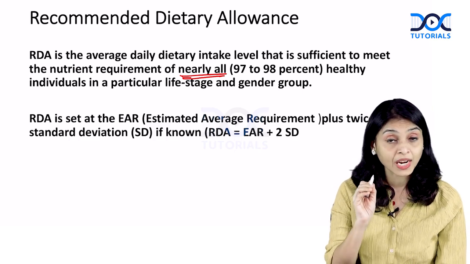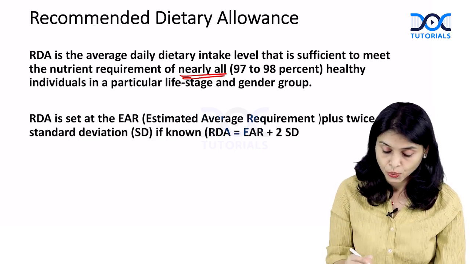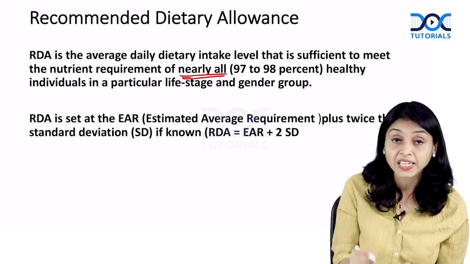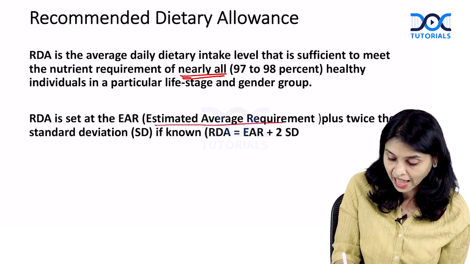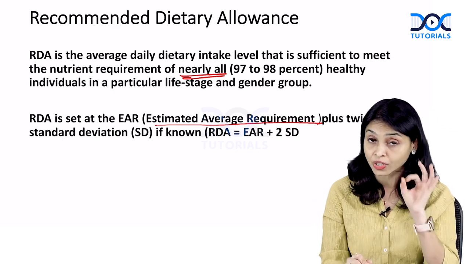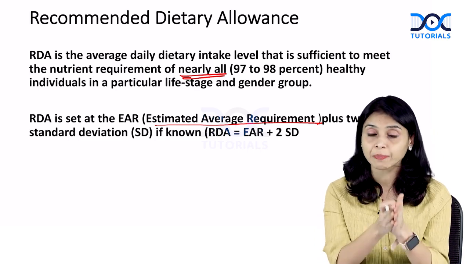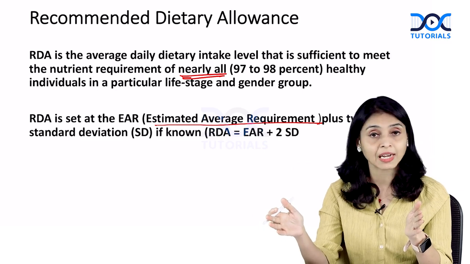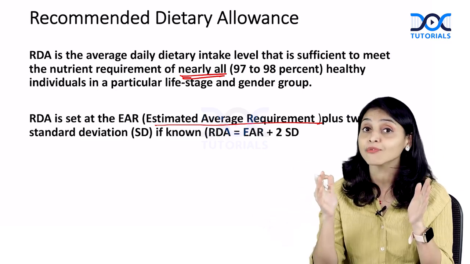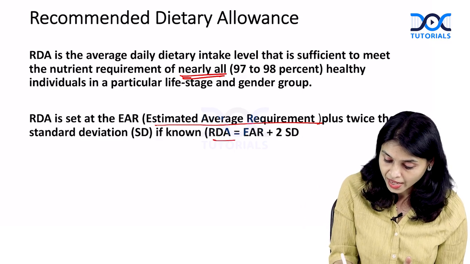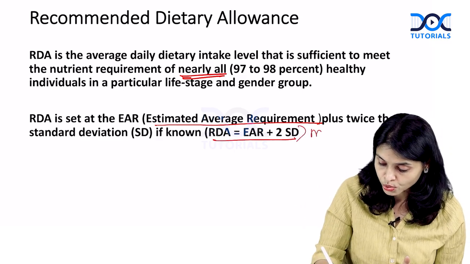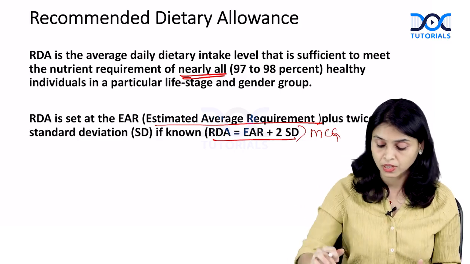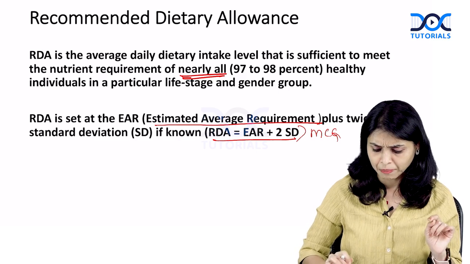Then how do you calculate RDA? That is another MCQ. Average plus 2 standard deviation. Average is EAR, that means estimated average requirement. That means what is the need for 50%? Around 50% is average. That plus 2 standard deviation will include 97.5%. So, RDA is, that is the next MCQ, average plus 2 standard deviation. I hope you remember